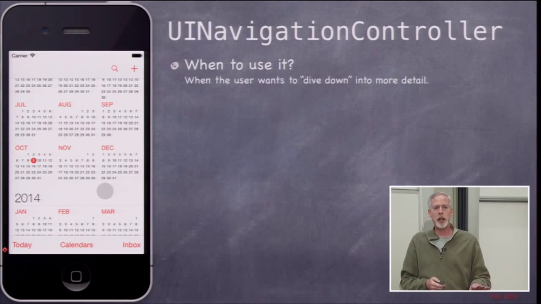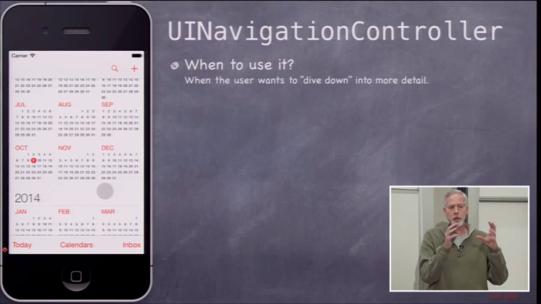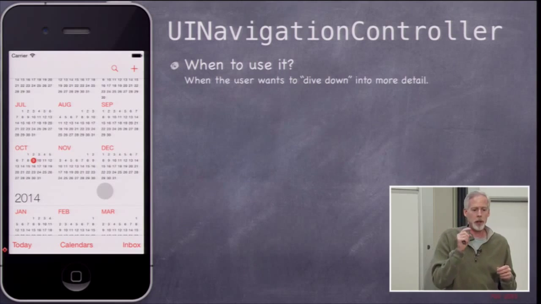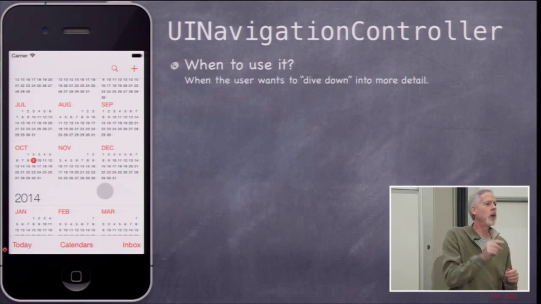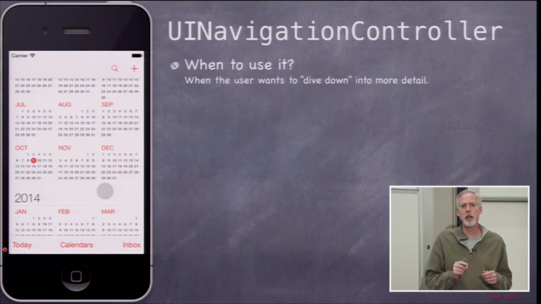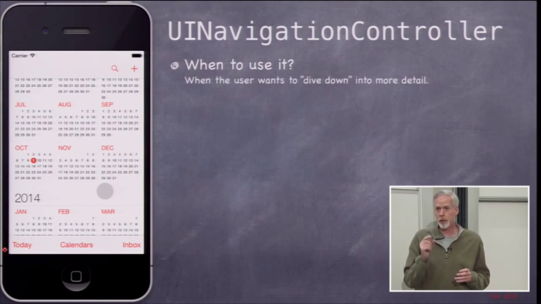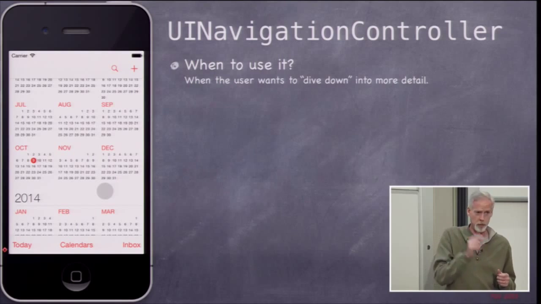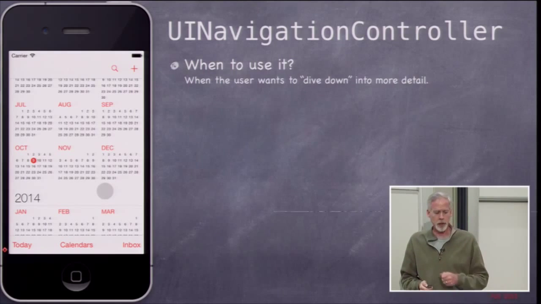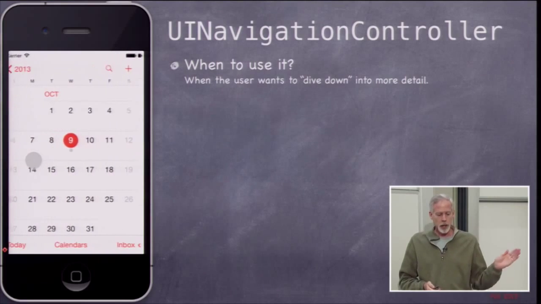And we use a UINavigationController when we have a bunch of stuff on screen and we want to show the user more detailed, more information. Okay? That's generally what the navigation controller is for. Now, it's very common to want to do that, where you're kind of showing high-level information and you want to show more detail, more detail. So the calendar app, if you go over to the day with your finger and you touch,